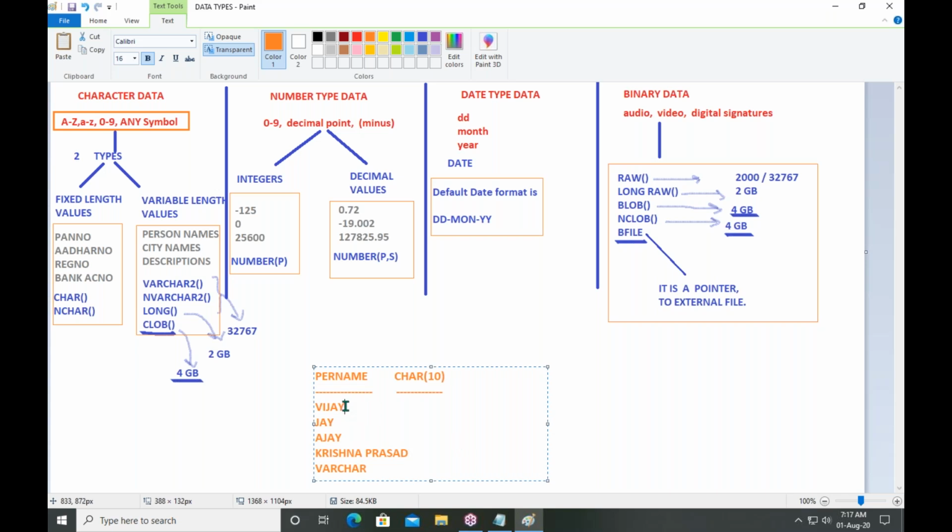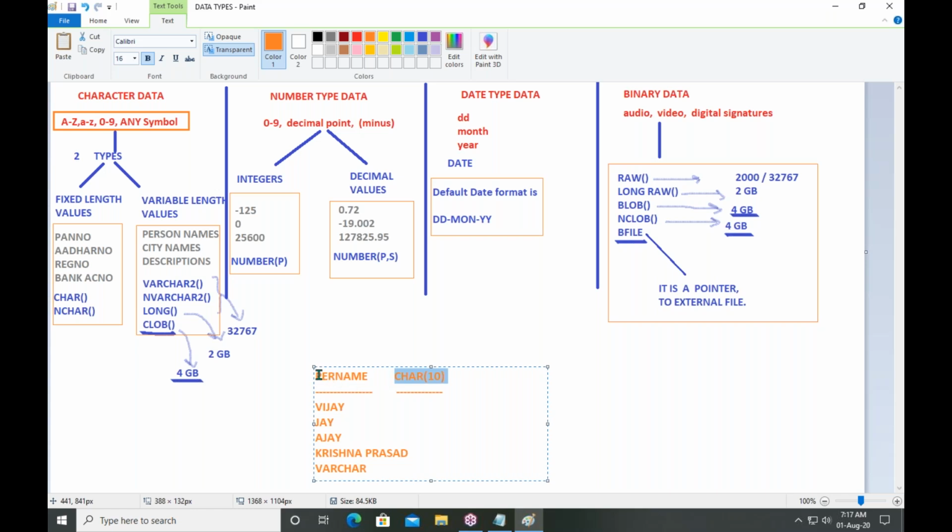See, for this value, it will reserve 10 byte length memory. Actually, it needs 5 byte length memory, but it is reserving 10 bytes. So 5 byte length memory is wasted. The second value needs 3 byte length memory, but it is reserving 10 bytes. So 7 bytes wasted.